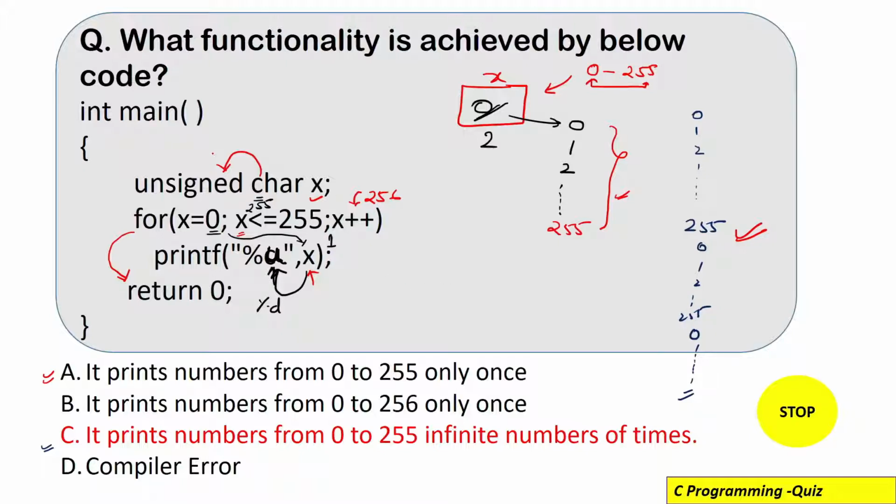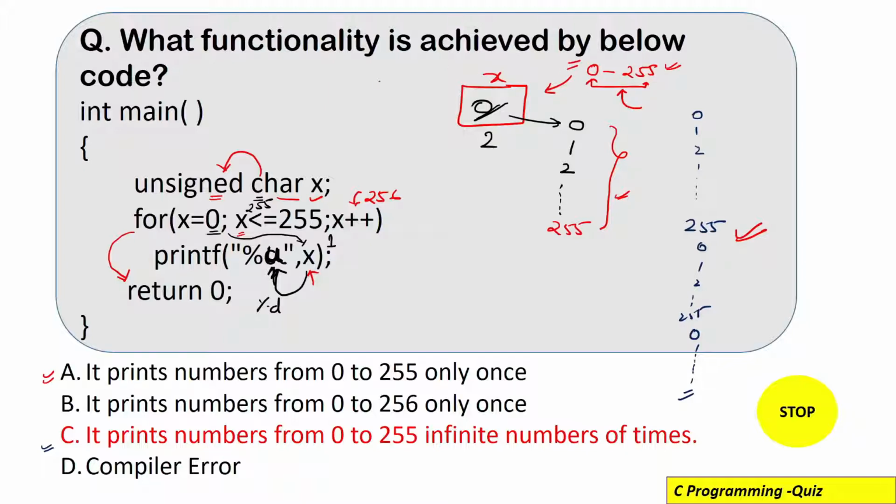Actually, you should know the concept of the range of the data type. Here you can see we have the character variable, and it is of type unsigned. Now we have said that the range of the unsigned character variable is 0 to 255. You should know how it came as 0 to 255, so you can see my videos on data types. The link to those videos is in the description, where I have explained how this 0 to 255 range comes.